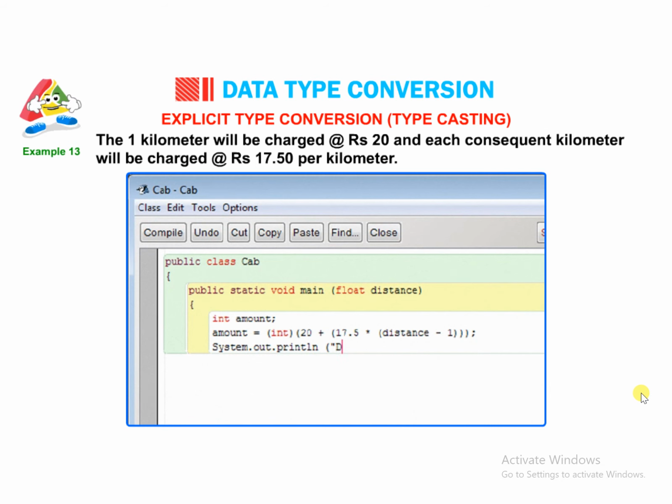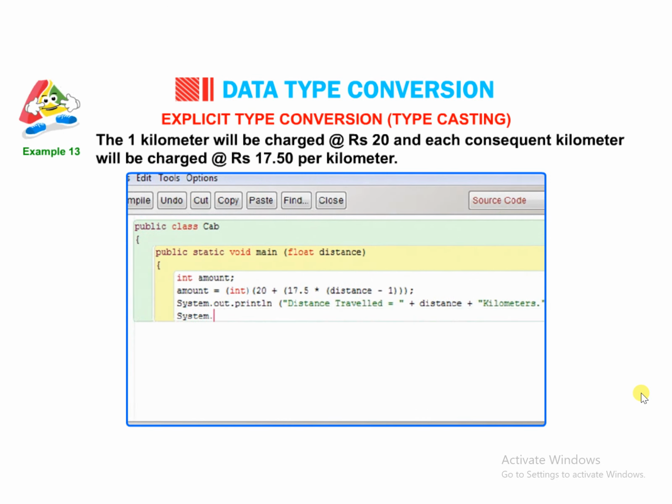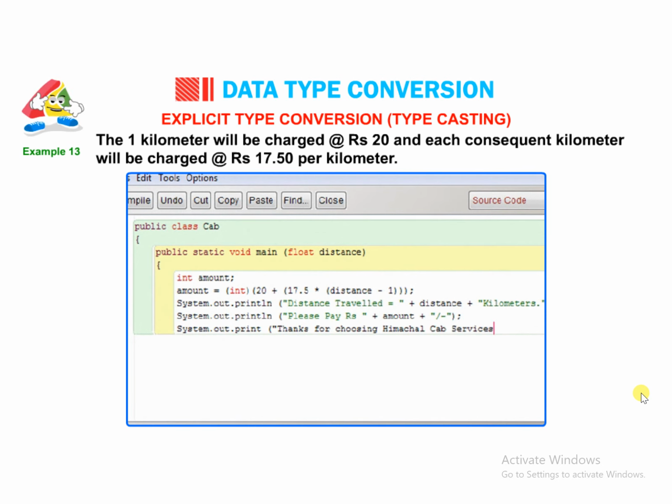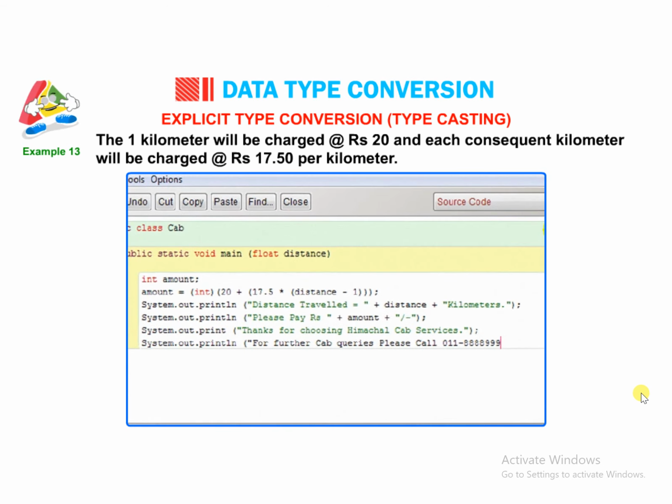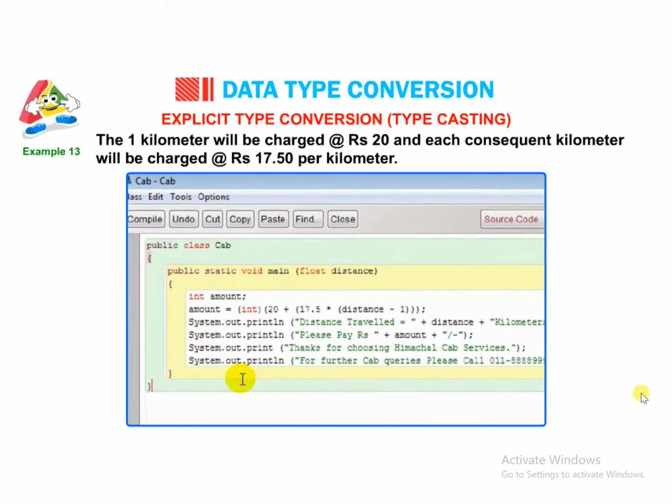System.out.println("Distance traveled = " + distance + " kilometers."); System.out.println("Please pay rupees " + amount + "/-"); System.out.print("Thanks for choosing Himachal Cab Services."); System.out.println("For further cab queries please call 011-8888 9999"); } }